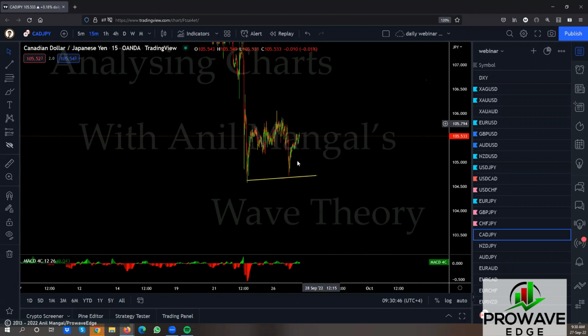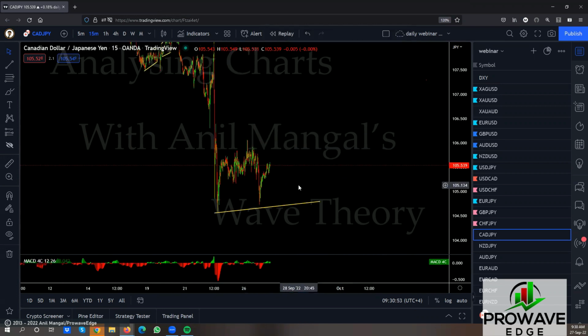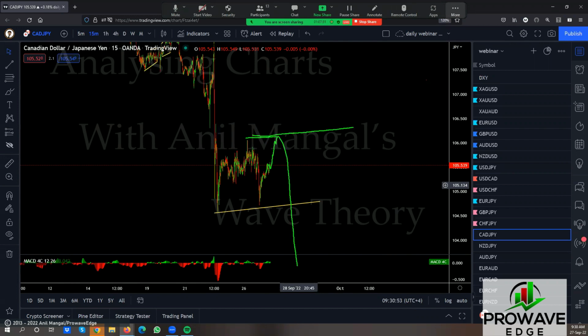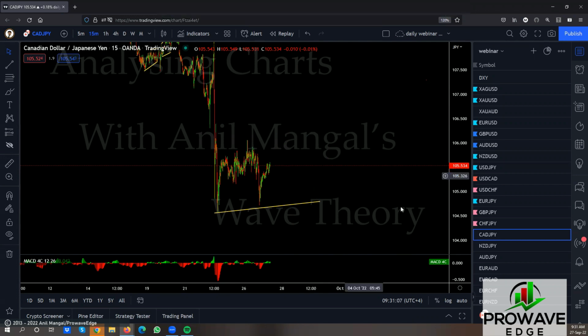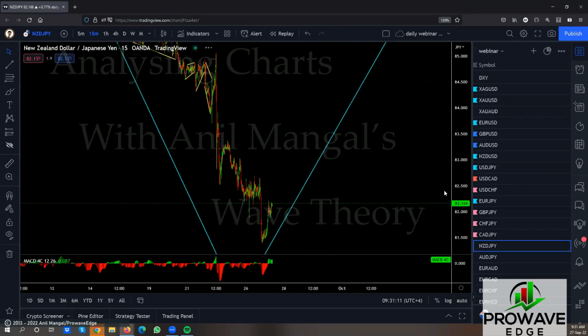Let's come back and see what we have. And they're all making flats. This one is the best flat so far, because this came back all the way to the bottom. So all you want this to do is work its way back to the top there and then look for a sell setup. If we stay here longer, no problem. From the top, we're selling. And if it goes back up, we'll consider if we get buy. But once it breaks the top, we're selling. So I'll look for a sell setup. New Zealand yen.